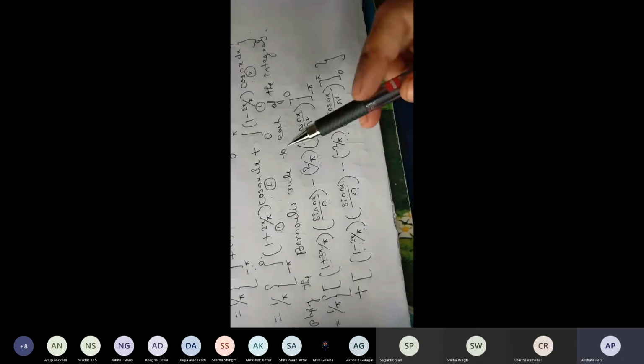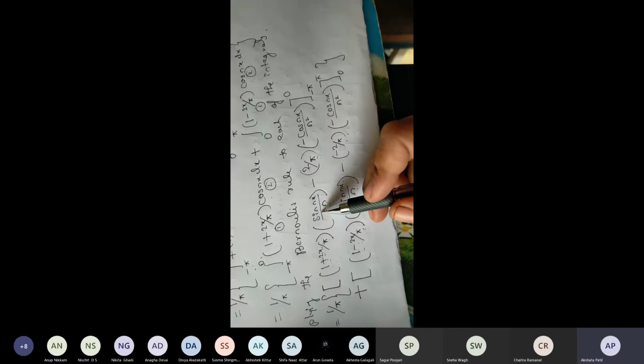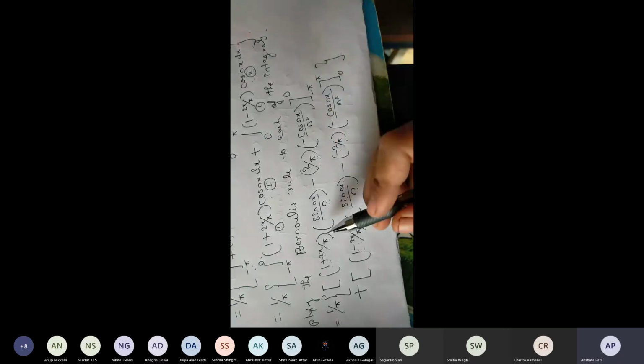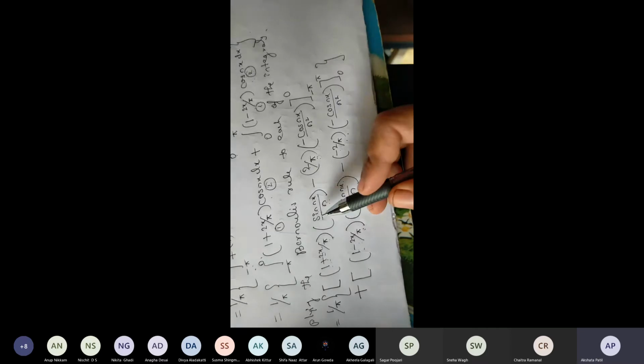You understand how to apply Bernoulli's rule to both the integrals. So here just check the first integral. Here a sine term is there, here a cos term is there. Now the limits are 0 and minus pi. Suppose you apply the upper limit 0 here, then sine of 0 is what? 0. It means the first term is 0. Suppose you apply the lower limit here, then sine of n of minus pi is sine n pi. Is it 0?